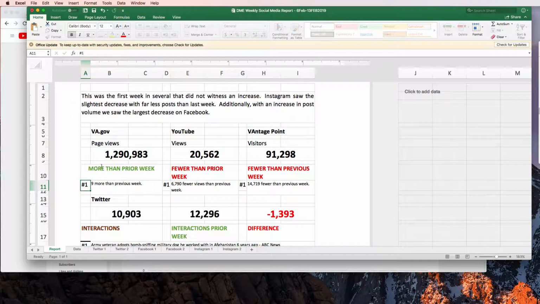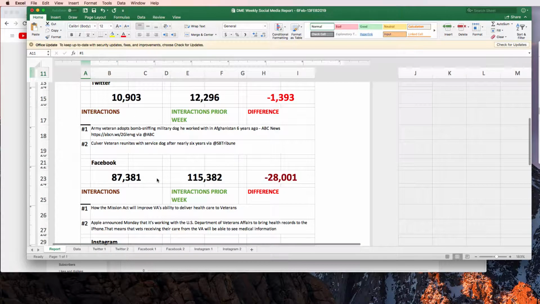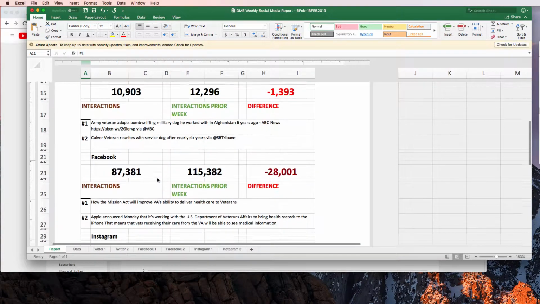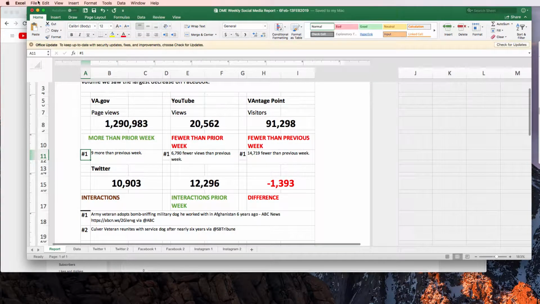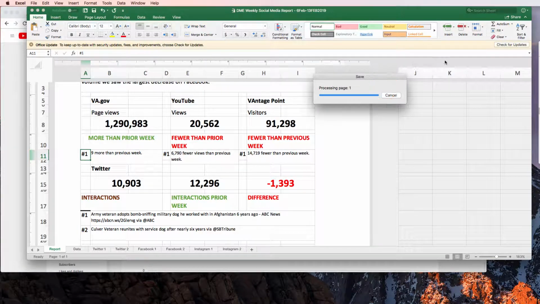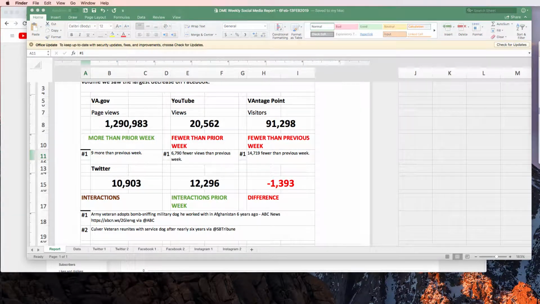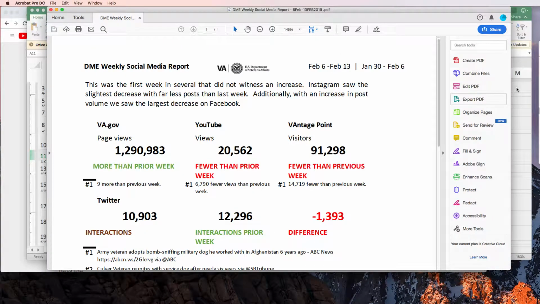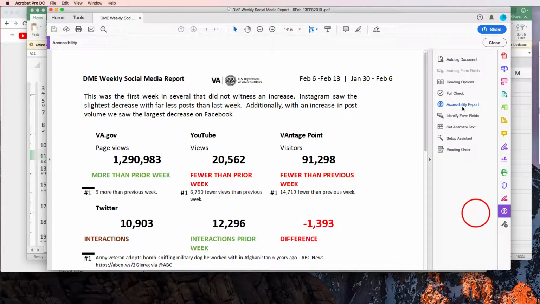Alright, so yeah, I totally forgot to do that. Now it should be good to go. So now I save it, file, save as, go to change it to PDF, switch it to not workbook but sheet, save, and then once Adobe, once the PDF gets ready, you double click it, open it up, go to accessibility, auto tag,